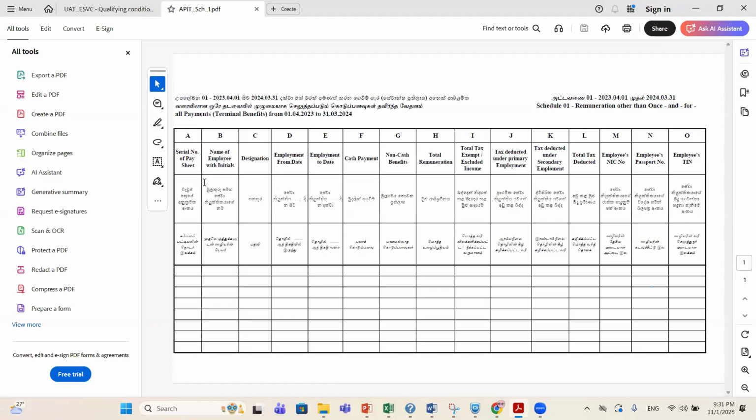need to enter. Serial number of the pay sheet, name of the employee, designation, employment date from and to date, right? In case the person worked for that particular organization for the whole 12-month period, he may start from the 1st of April, say 2024, to 31st March 2025. And this is the cash payment.